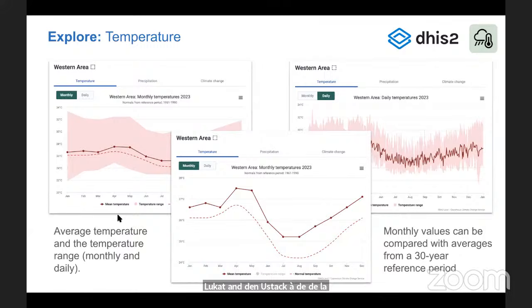But just to quickly highlight that for temperature, we shall be looking at both monthly and daily temperature. And also we are able to look at what we call normal temperature, which one would sometimes call expected temperature for a given month, versus an average or a mean for a given period of time. And the difference will definitely help you to understand the change in temperature over time. We shall be demonstrating that shortly. And then the other